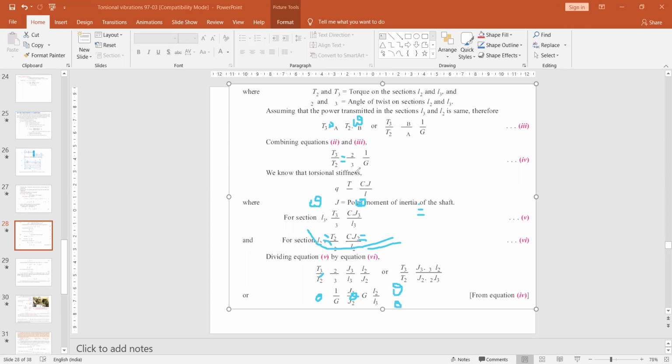In these torsional equations, the torsional stiffness equation is there: q equals T by theta, which equals CJ by L. Here J is the polar moment of inertia of the shaft. We know that. So from that, for section L3, T3 by theta 3 equals CJ3 by L3, and T2 by theta 2 equals